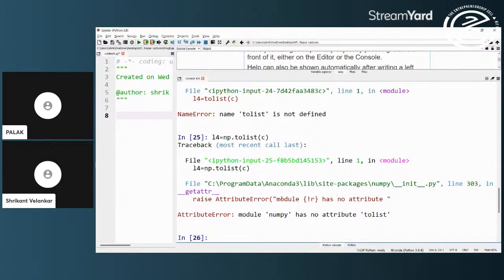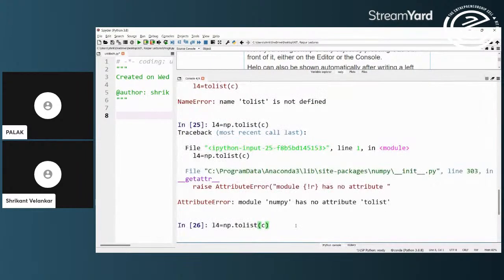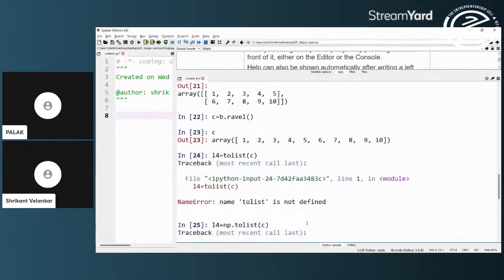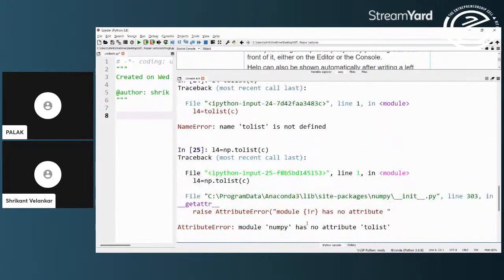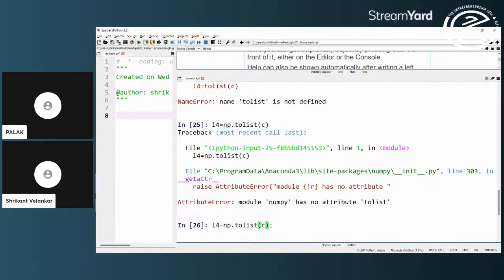Okay, actually we have to do, yeah, there is a different way to use that syntax.